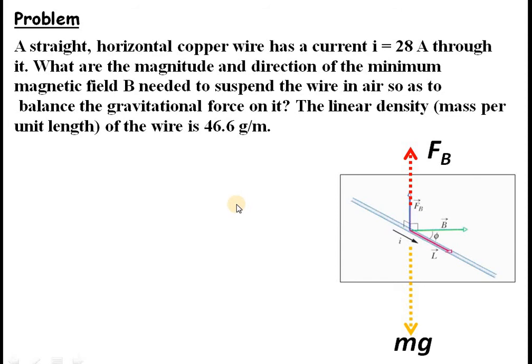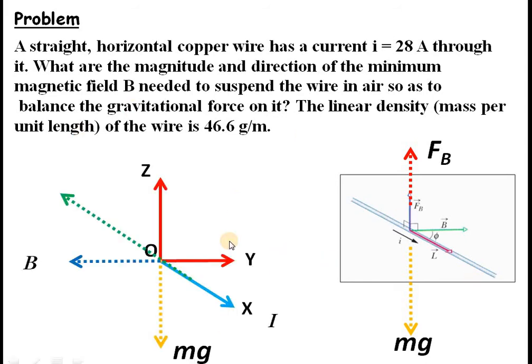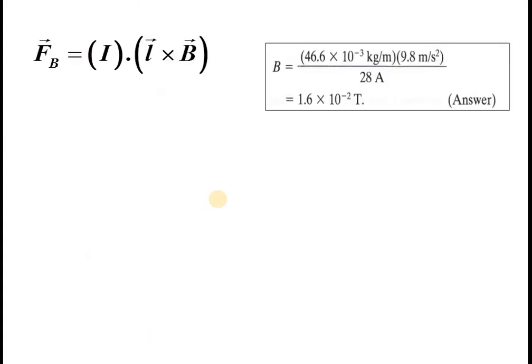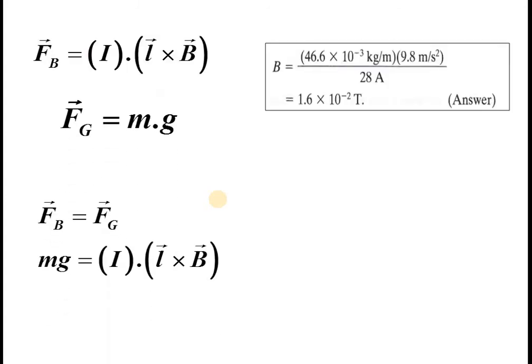There are many such physical situations in nature. So here you can assume a coordinate system like this. Your wire is along the x direction. Understand? You have to find out what should be the direction of the magnetic field. Don't care about the picture. The force due to the magnetic field on a wire is ILB, that is the magnitude, and the weight is mg. If you equate both these relations, you will get the value of B, no doubt. You get the value of B.